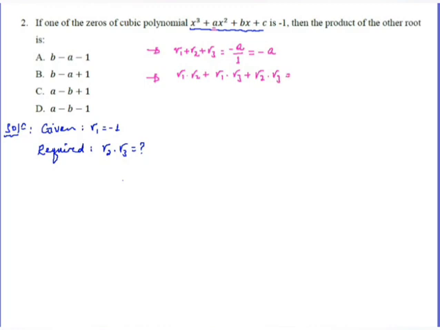This is given by the coefficient of x, which is b, over the leading coefficient 1, which is b. The third thing is the product of all three roots, r1 times r2 times r3, which is